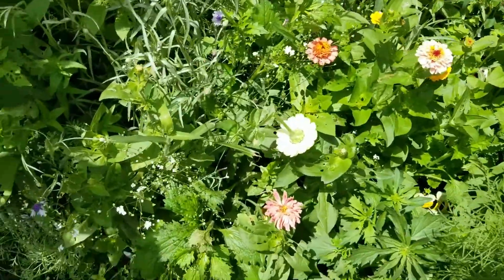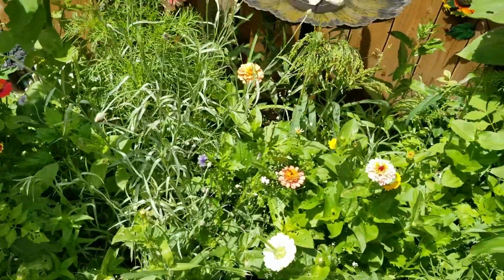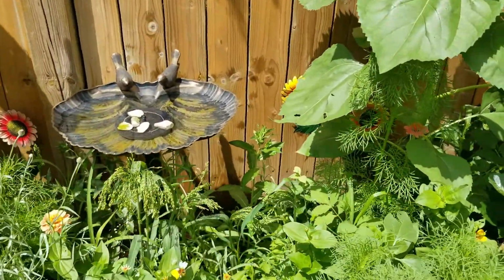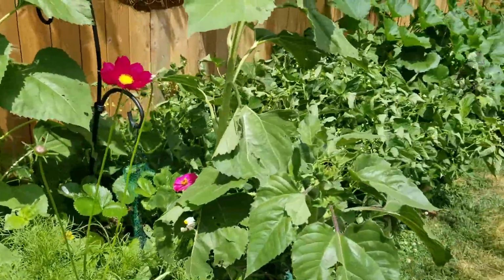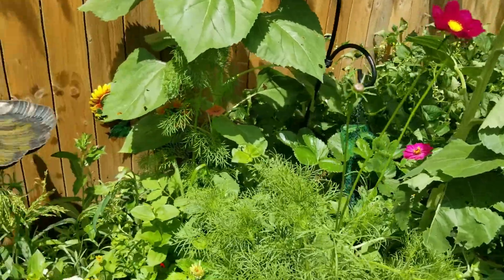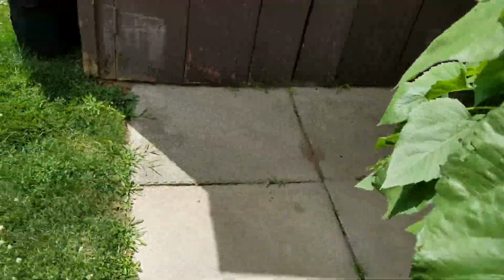So we're just waiting. I've got some baby's breath in here. The bachelor buttons are coming in finally. So yeah, and it's been working great. We've seen a lot more bees and pollinators to this garden this year. I haven't had to hand pollinate really any of my stuff, with the exception, moving along over here,